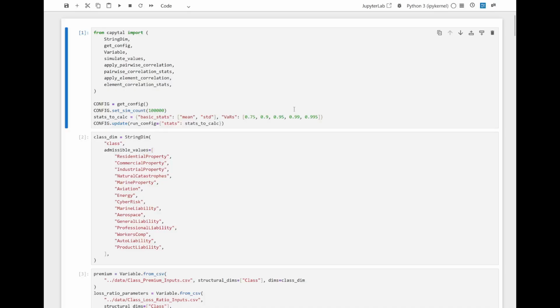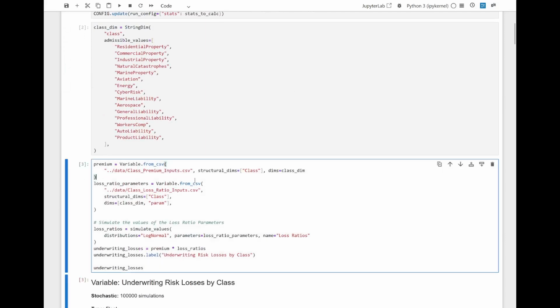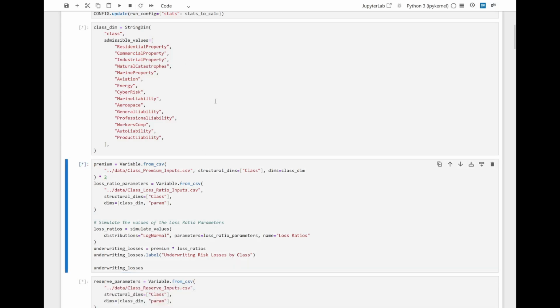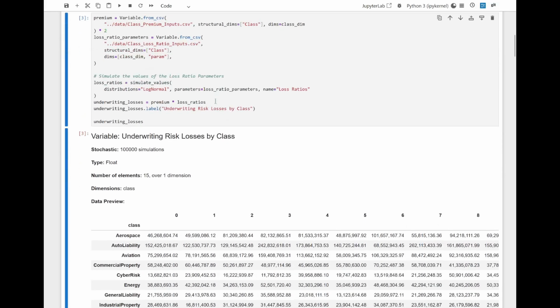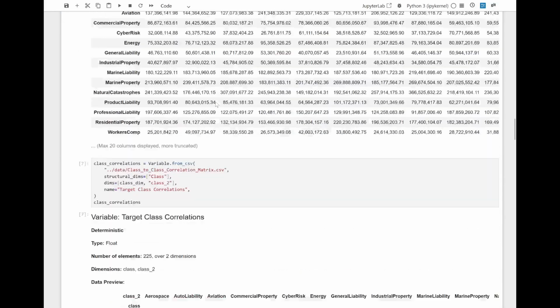Before we start, we're just going to have a quick look back at the code just to make it clear exactly what we're changing and what outputs we are looking at. So the test is going to just involve doubling premium. So I'm going to simply double premium here. And now we're going to rerun the whole thing. And we're going to look at two metrics. We're going to look at the 1 in 100 stress for insurance risk and the 1 in 100 stress for reserve risk. And here in this method 1,